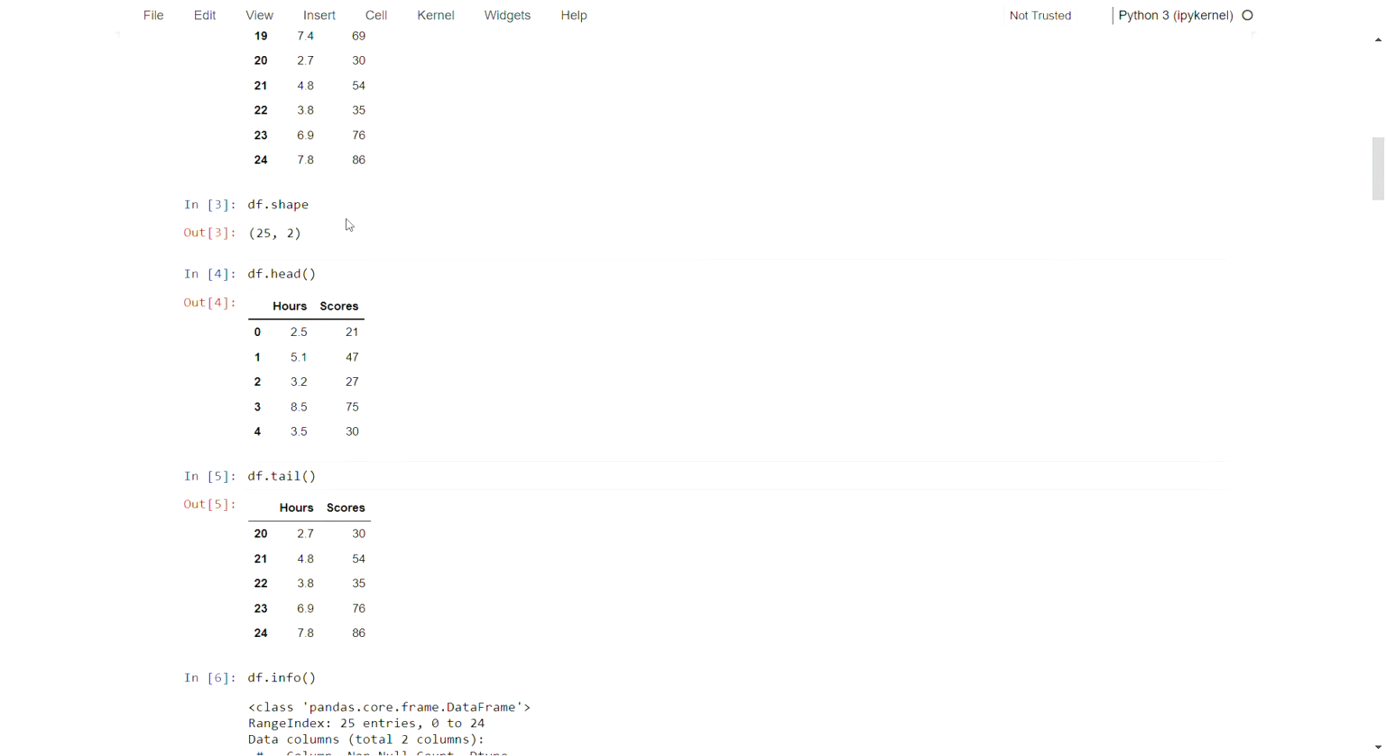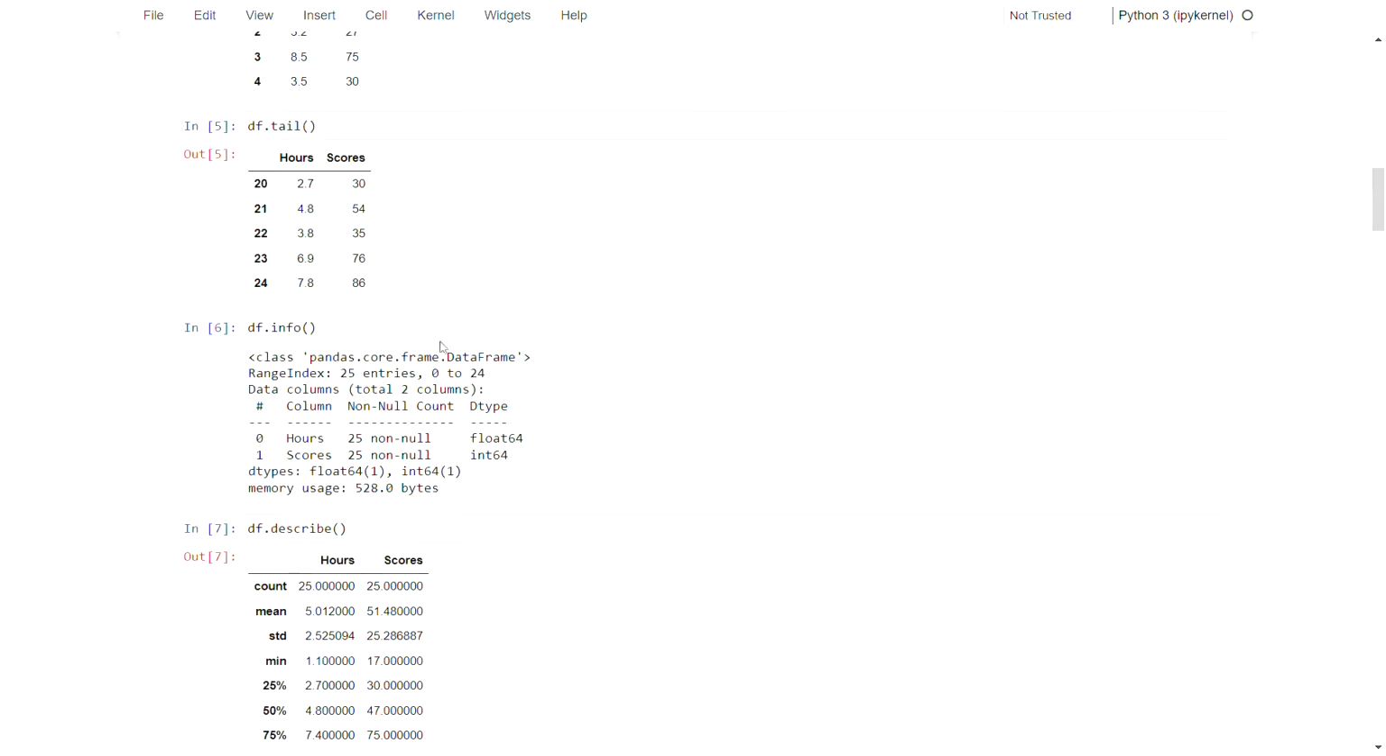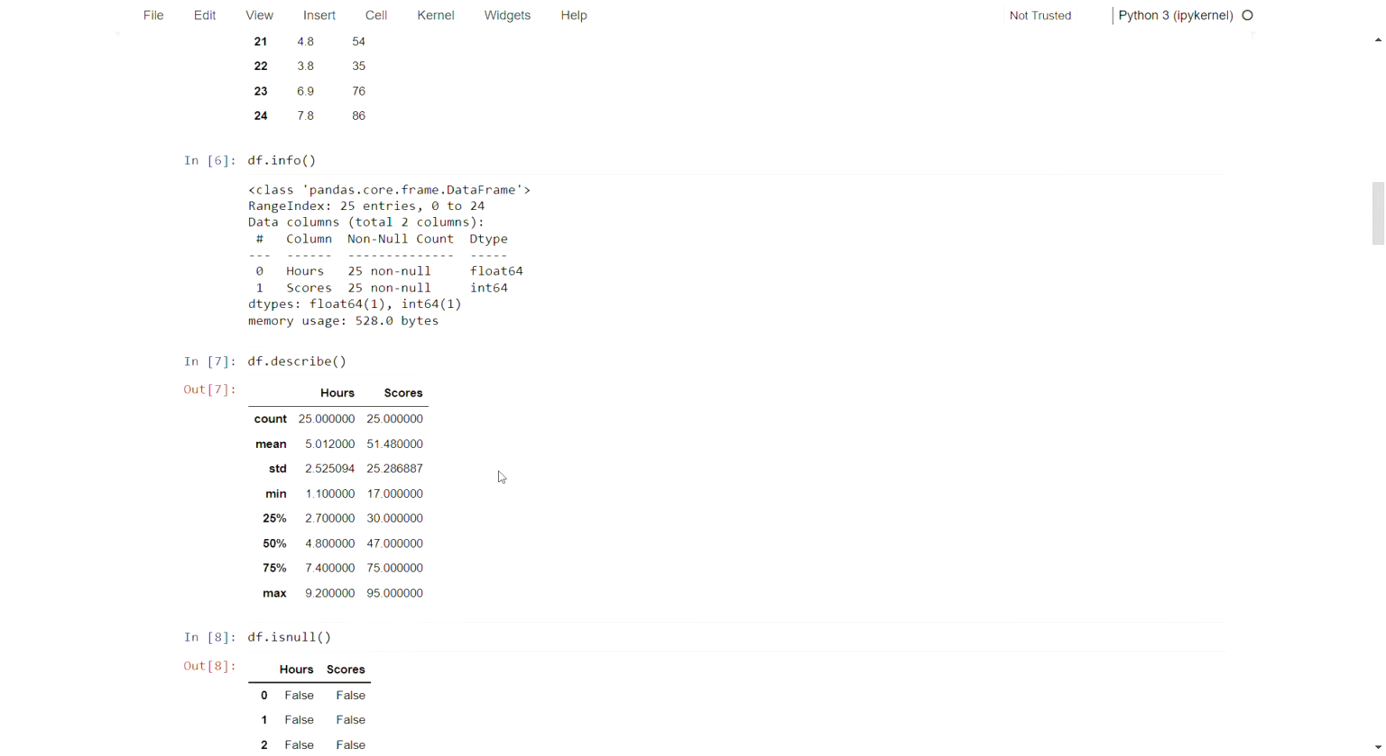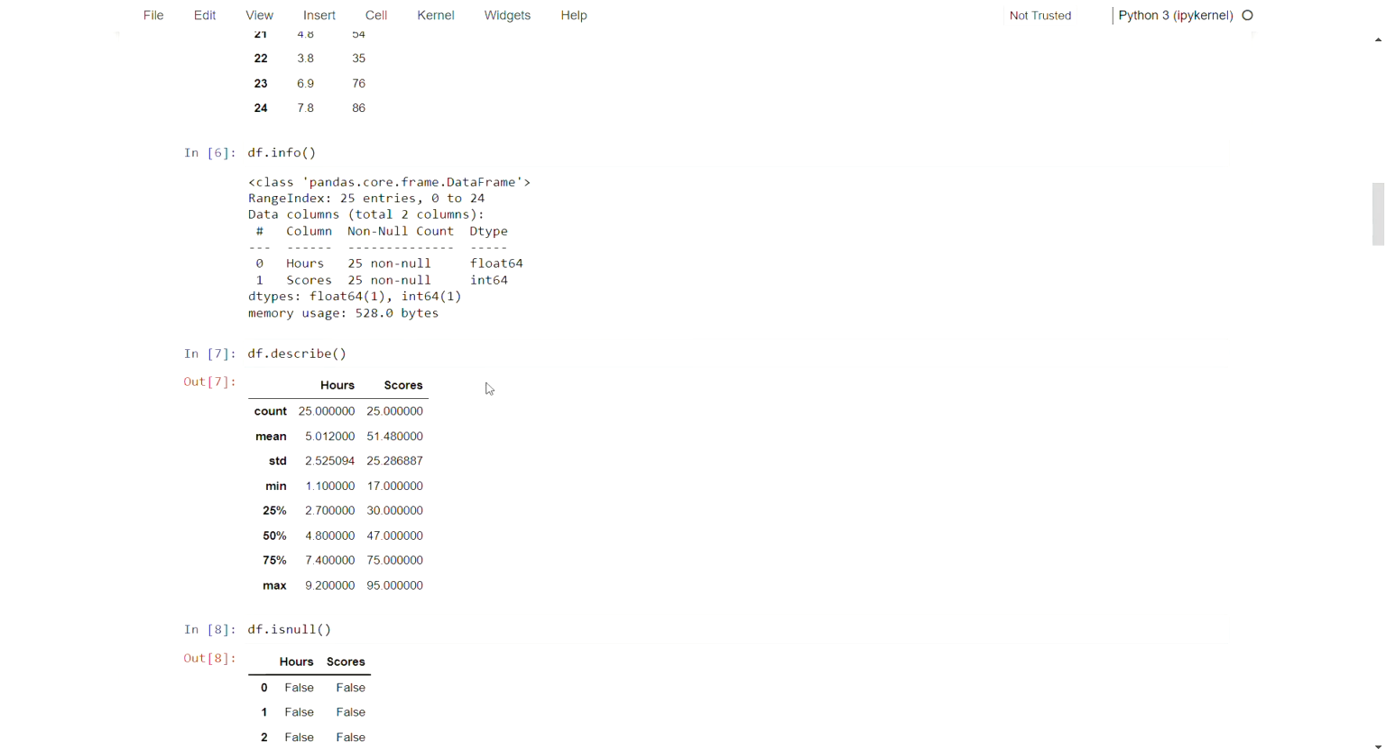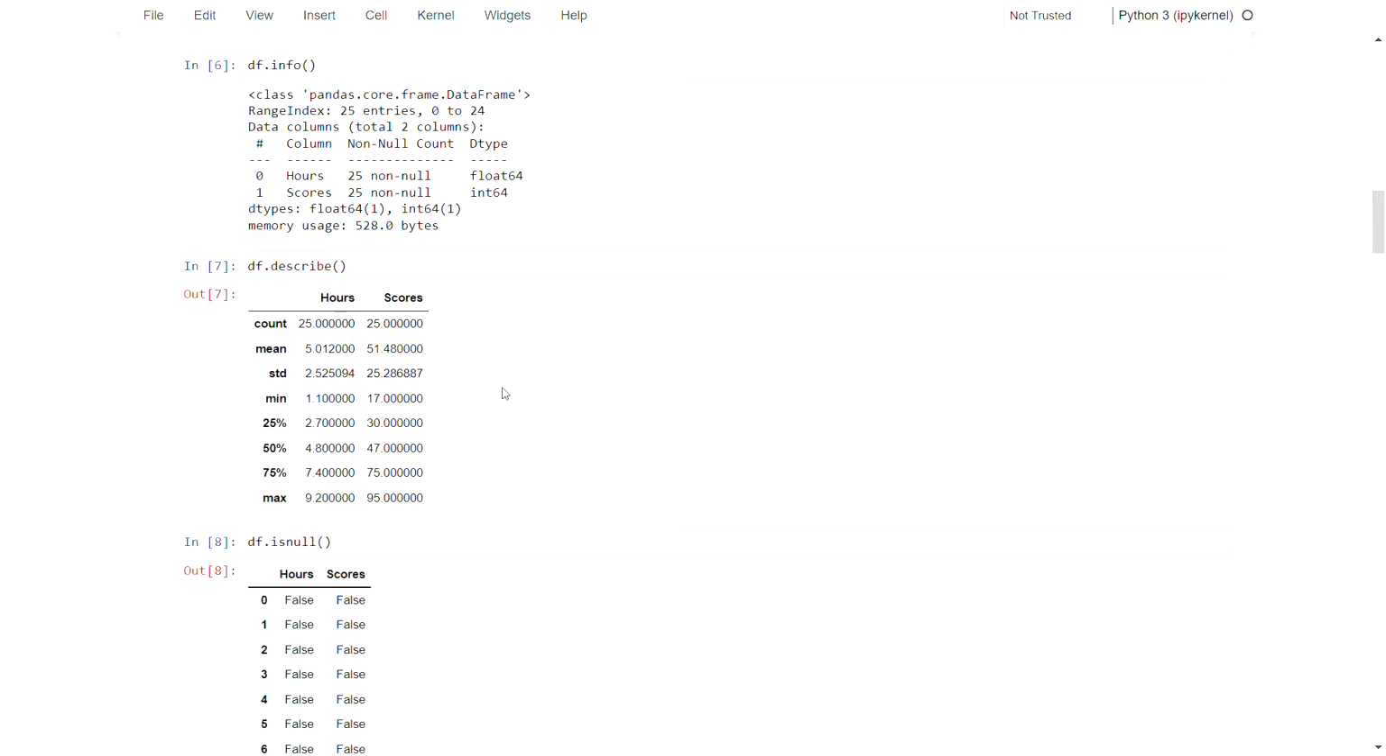Then I visualized the data in the form of shape, head and tail, and got the information of the data in the form of data types. Hours is float64, and scores have no null value and are integer 64. The df.describe function is used for